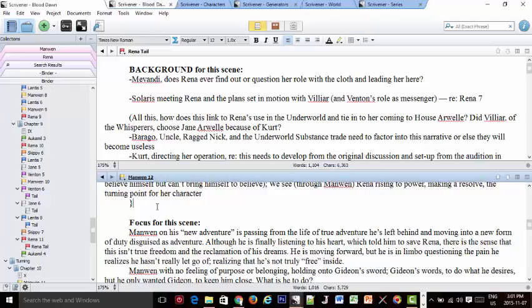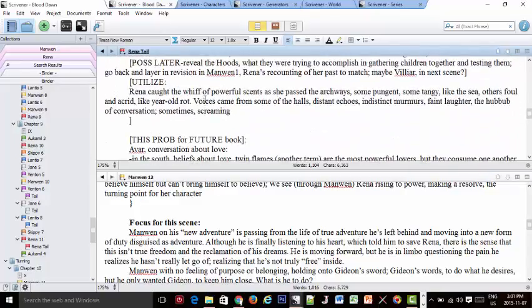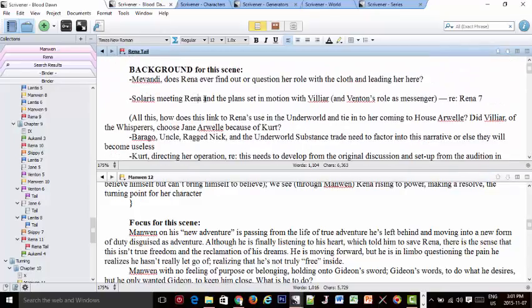So I noticed as I was writing that often I would ignore my notes. I started this video saying, notice the tail, right? Well, this came about because at the end of every chapter, I had numerous notes of things I wanted to happen, but which didn't happen because they didn't fit. At the time, I didn't really know why they didn't fit. I knew the narrative lost focus, and so it's like, okay, to get into this chapter and what I'm trying to do, I'm going to cut all this stuff out.